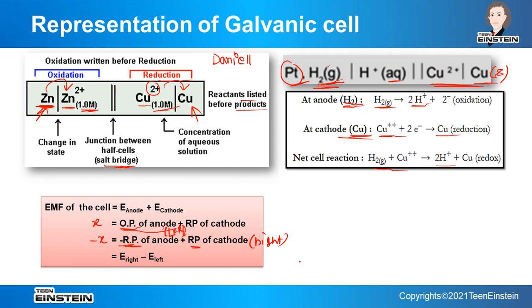That is, here copper system will be written first and then the left hand side system, because there is a negative sign now, as if this is actually E left, but there is a negative sign. So that is why if you are bringing it next to reduction potential of cathode, the final expression will be like that. So individual reduction potentials of these two systems will be there. So if you know the individual reduction potential values of both the systems, you can get the combined EMF of the cell by applying this formula, that is reduction potential of the right hand side system minus reduction potential of the left hand side system. Okay,